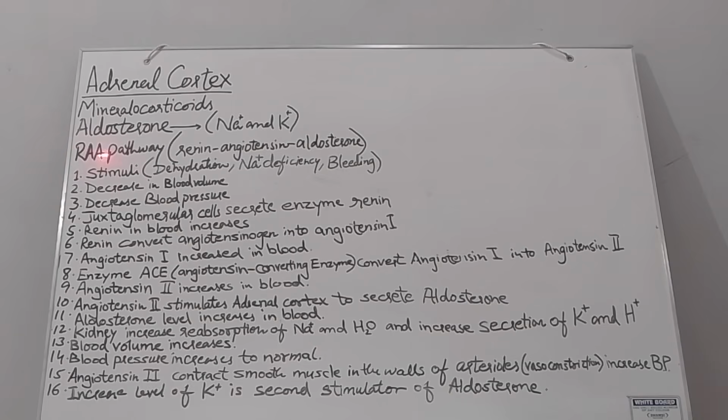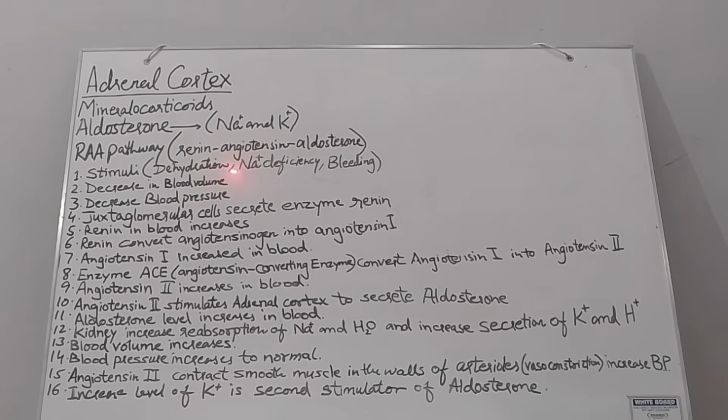R is for renin, A for angiotensin, and the other A for aldosterone: the renin, angiotensin, aldosterone, or RAA pathway. For this, the first step is the stimulus,